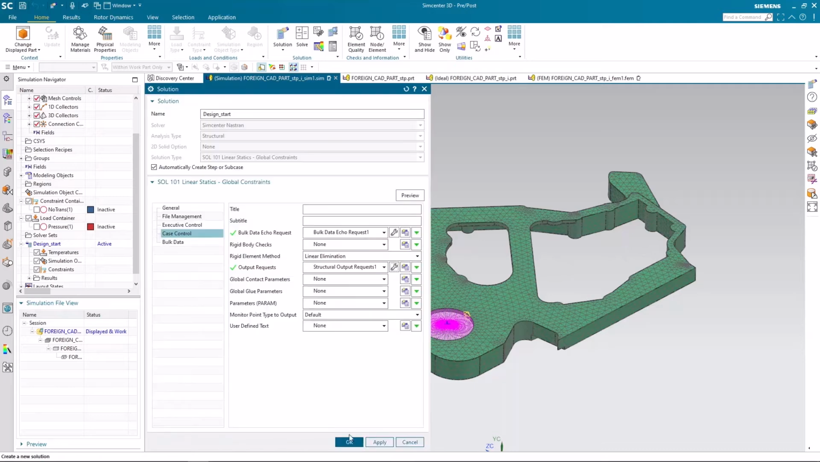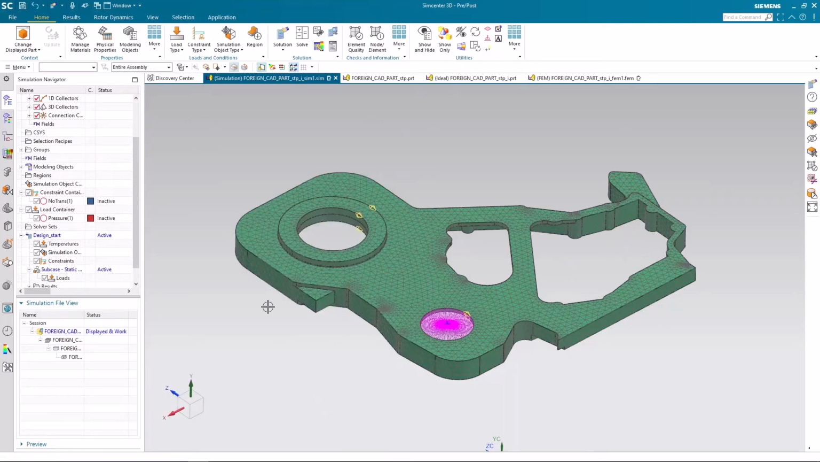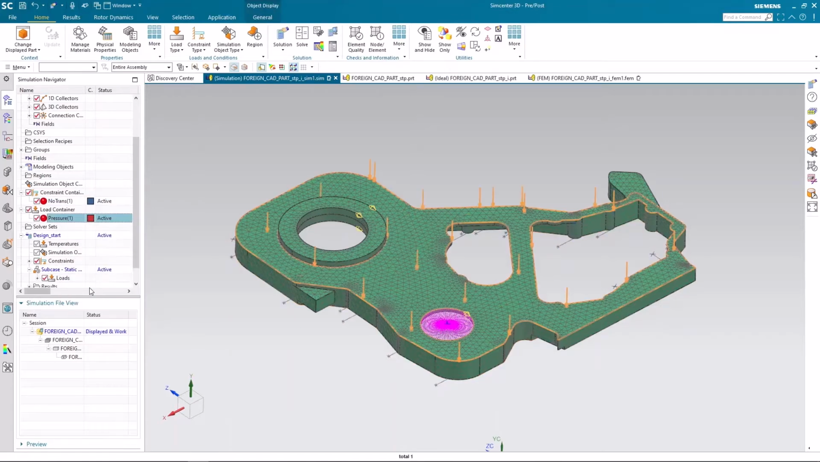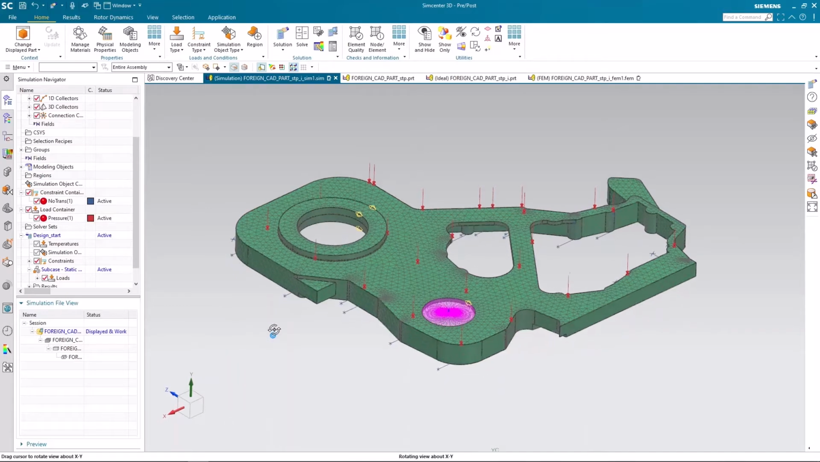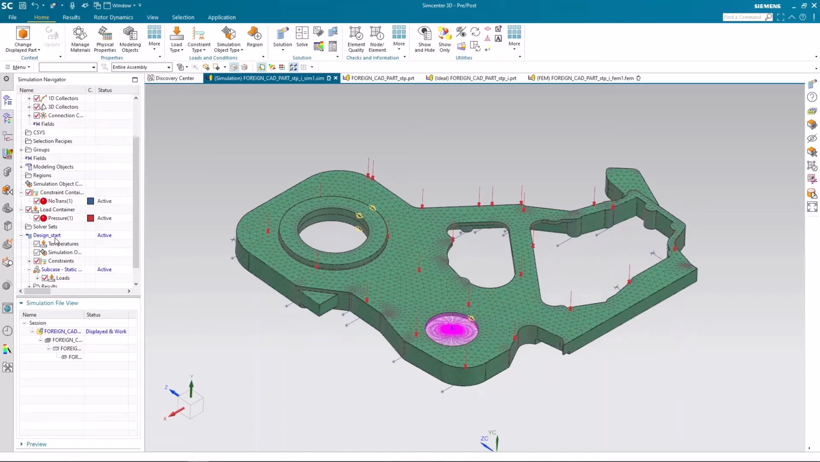So let's create a solution and add the created constraint and load to our active solution. We have a graphical preview that all the load and constraint we defined are added to our solution. So let's solve